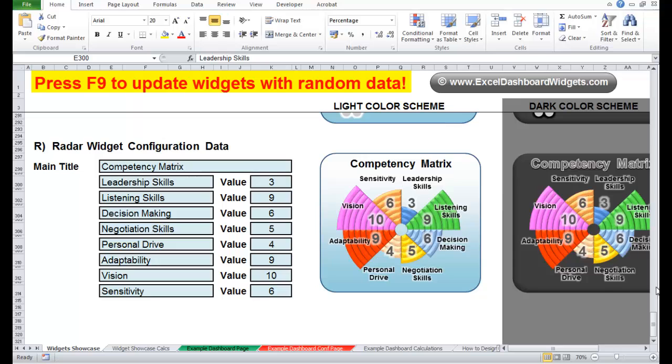Just to explain the widget, this is the newest widget that we've added. Basically what it shows you is a number of categories, and it gives you a score, and then depending on that score, the size of the different wedges of the radar circle grow and shrink accordingly. So for example, you can see here within this competency matrix, the candidate's listening skills are very good, 9 out of 10, vision, their adaptability, but their leadership skills and personal drive